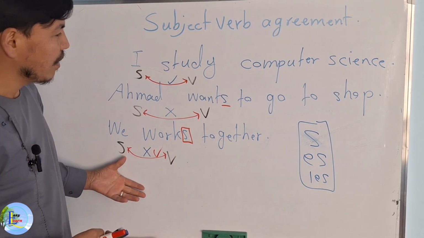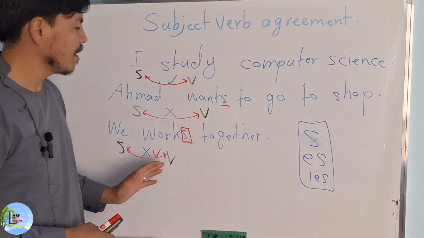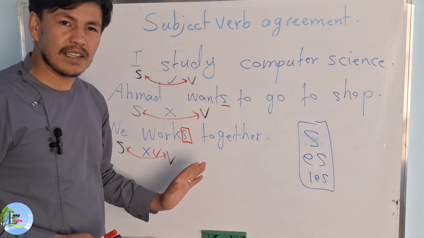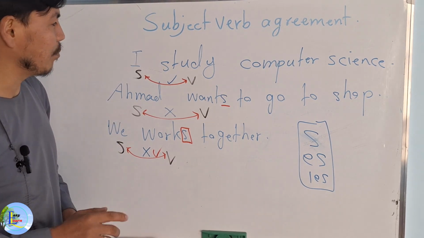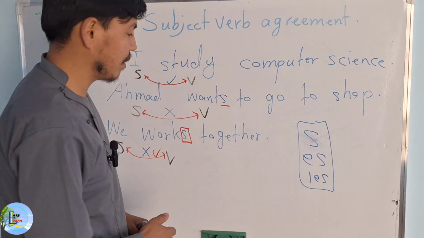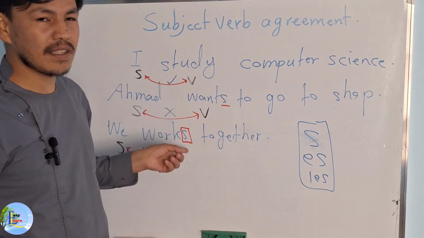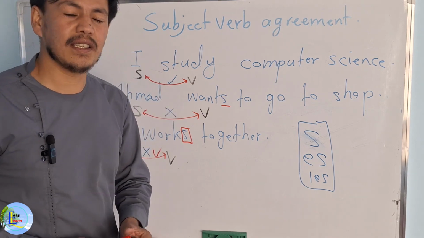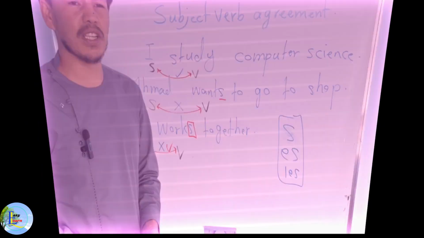So this is what we call subject-verb agreement. This is really important, but really easy. You need to know this basic and essential grammar point if you are studying English. That is really important. So let me give you some negative examples as well. In negative sentences, also we must consider this subject-verb agreement, and also in question sentences. I will give you some examples of negative and questions.